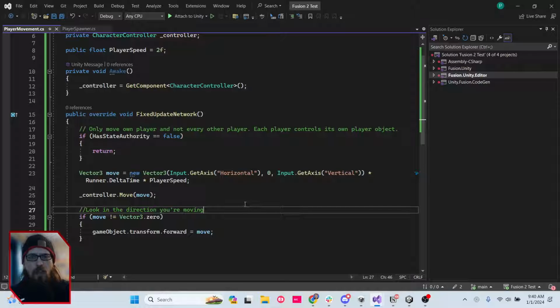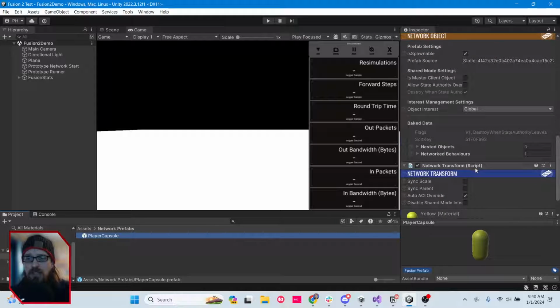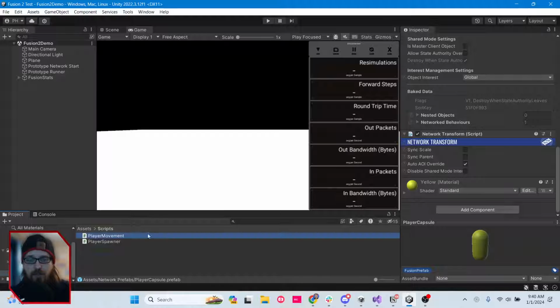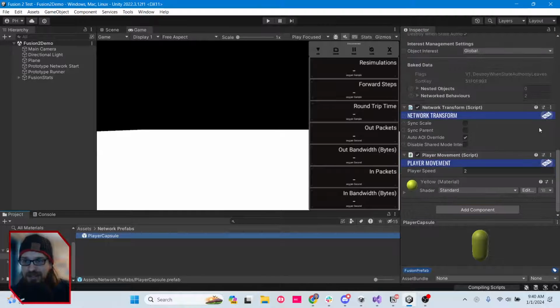All right, so we can add this to our character, right? So if we go to network prefabs, player capsule, and we come over here, add component, I'm just going to drag it over, player movement, because I couldn't remember what I called it. Oh, what are you doing now? Oh, it's got to recompile because it was a prefab. There, we got it. All right, so if we hit play now,